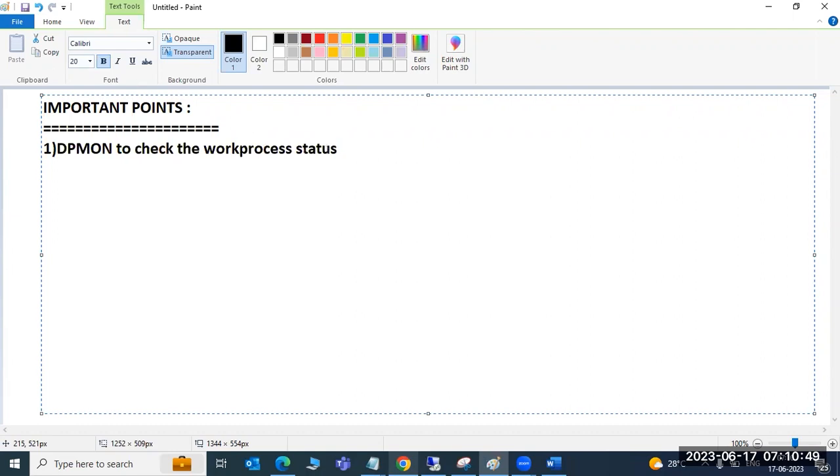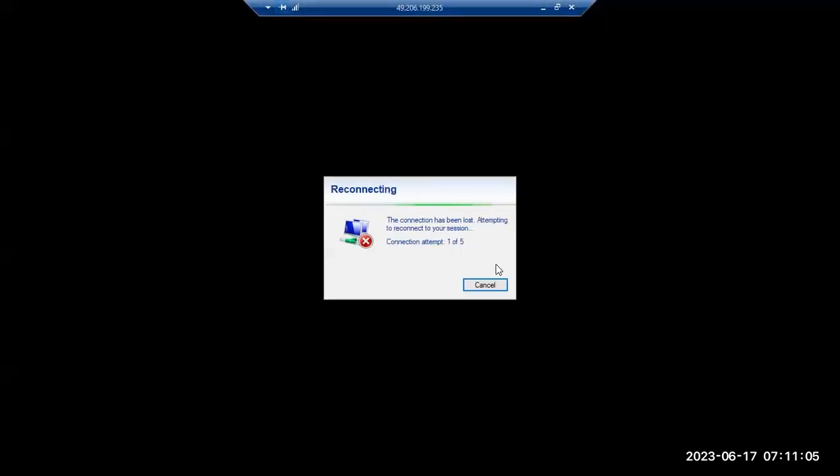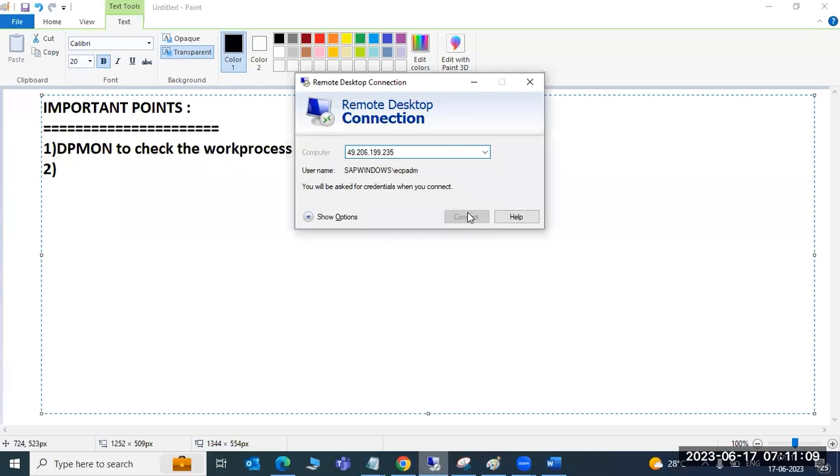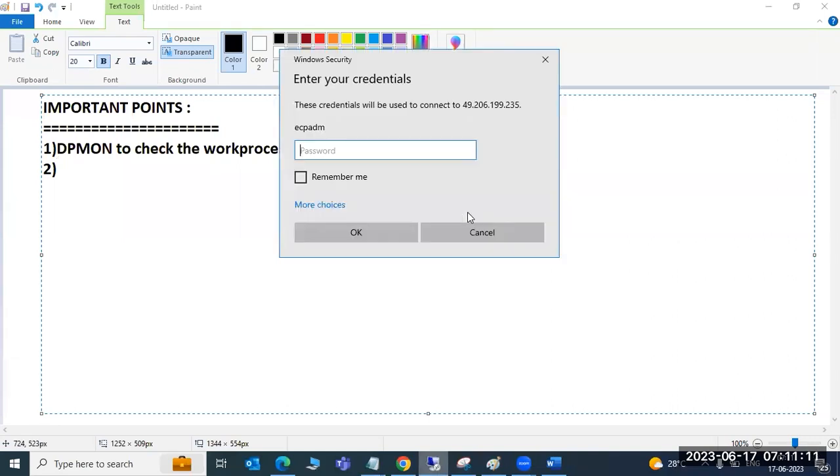The second one is to check your kernel version. How do you check your kernel version? At the SAP level, you go to SM51, and there you will find the kernel version.